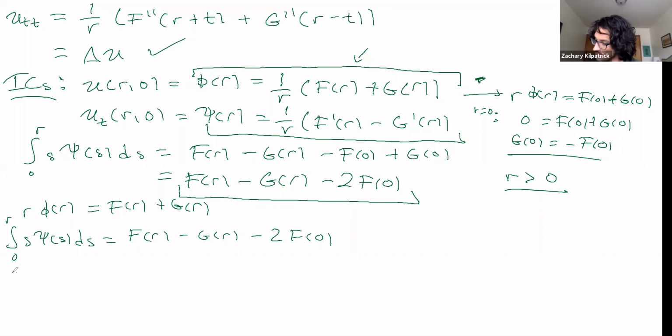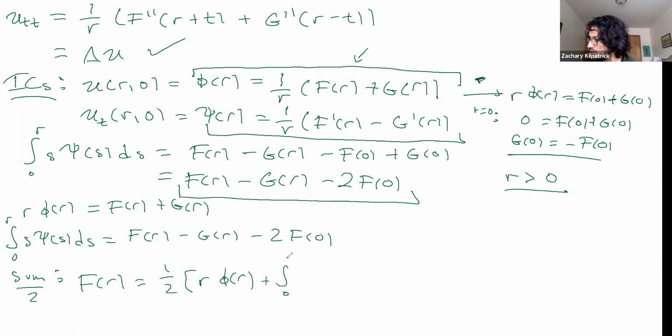So if I sum them, then I divide by 2, right? Then I get f of r. I'm sort of cleaning things up: 1/2 r phi of r, okay, plus the integral from 0 up to r of s psi of s, right, plus